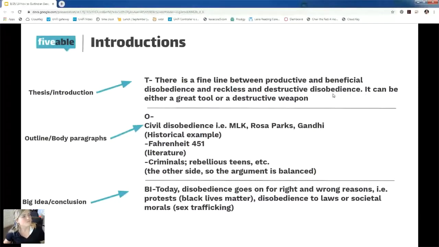And just another tip on an argument essay: you can use this outline for any essay, but when you're thinking of your 3 pieces of evidence, it's really good to get 3 different types. You don't want to name 3 books or name 3 historical examples. I usually like to go with a historical example and a literary example, because those can be really strong. And then I either like to go with a modern day example or a personal example, which we'll get into more later. So then for your big idea, which is your conclusion, you just write a sentence about